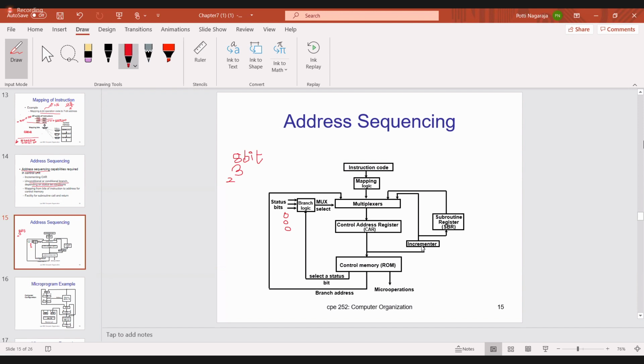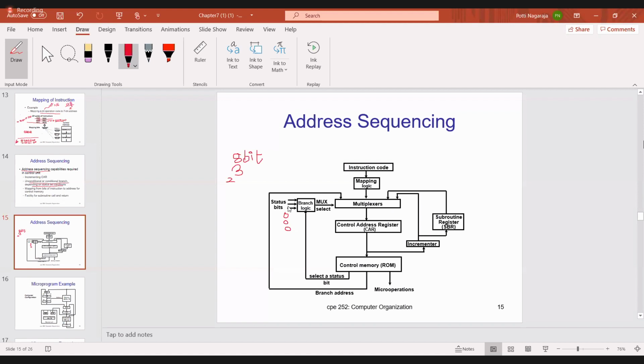The fourth is the subroutine register, used for jump and branches. So the 4 inputs are mapping logic, branch address, incrementer, and subroutine register.